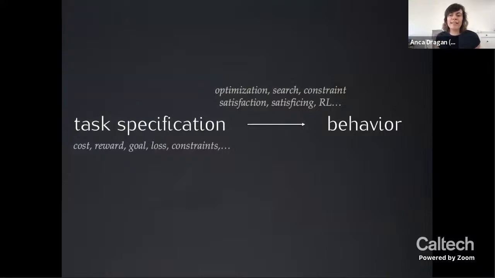And so this is one domain out of many in which I'd say we're getting good at taking a task specification. I use rewards or costs, but people use goals, people use constraints, loss functions, etc. Whatever your method of choice is, taking that specification and turning it into behavior via optimization, via constraint satisfaction, via RL, via whatever your method of choice is, right? So that's something that we're making progress on. It's not perfect, but we're getting there.